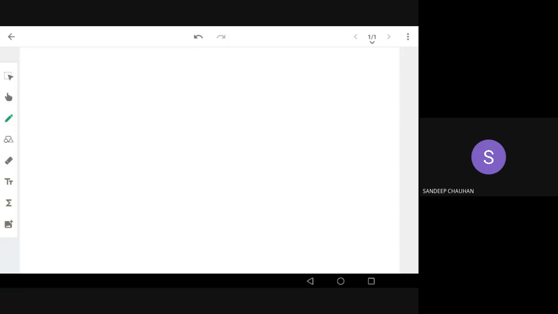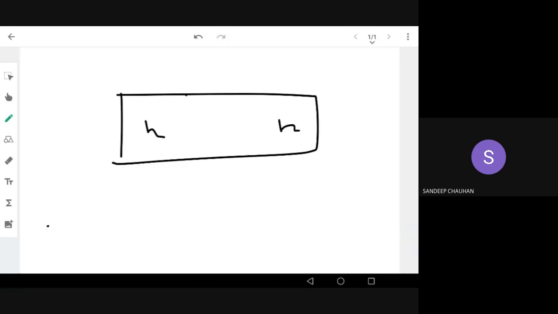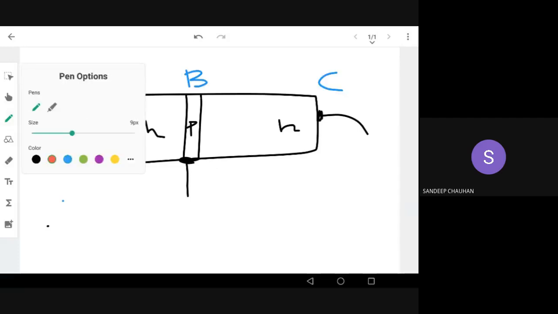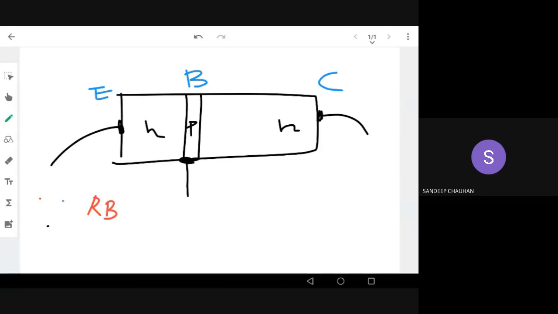Again, this is the NPN, this is the B region. This is the metal connection joint. Now, if I make the base emitter junction reverse biased, what happens? If I make this reverse biased and here forward bias, just reversing what you have done right now. Now we know if the reverse is happening in the diode, there will be no current flow,